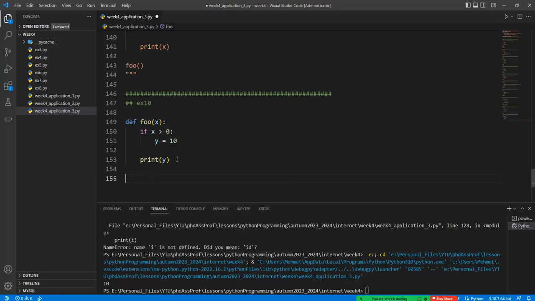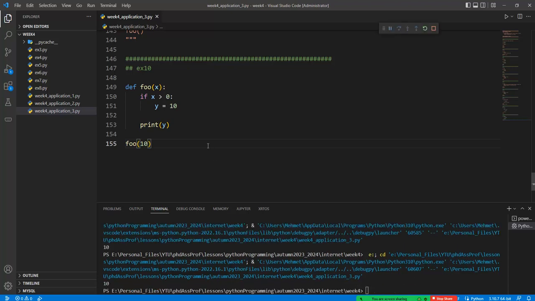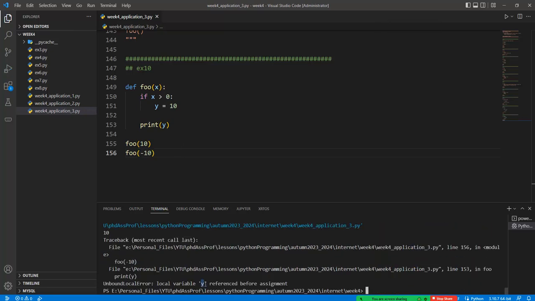Okay, and so what happened if I call the foo with 10, and if I run this code, we have the 10 value in here, because this x is greater than 0, and then the y is created in here within the function scope, and so we can reach this y value. But what happened if I put the minus 10 into the x in here, and if I run this code again, we will have the error, the local variable y referenced before assignment, which means that this if cannot be run by using these conditions, and so this y is not created in this case. Okay,